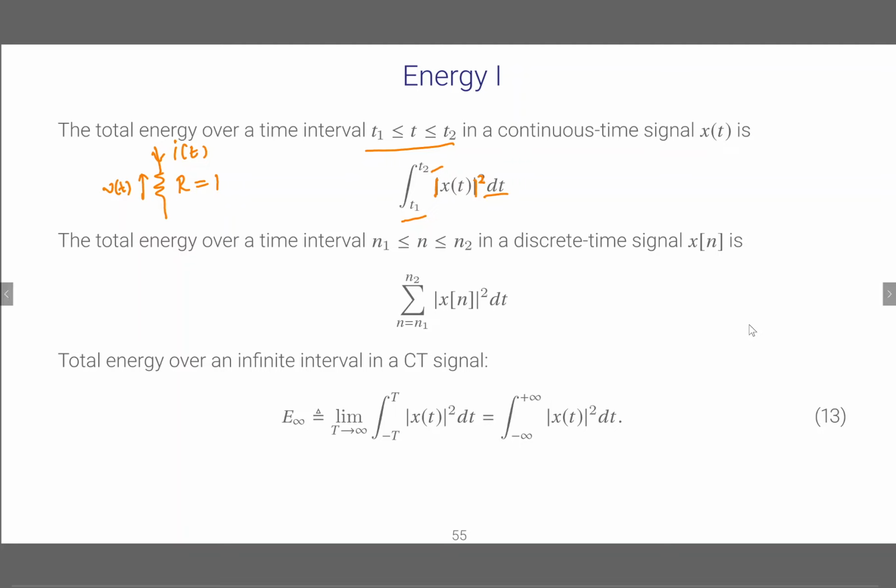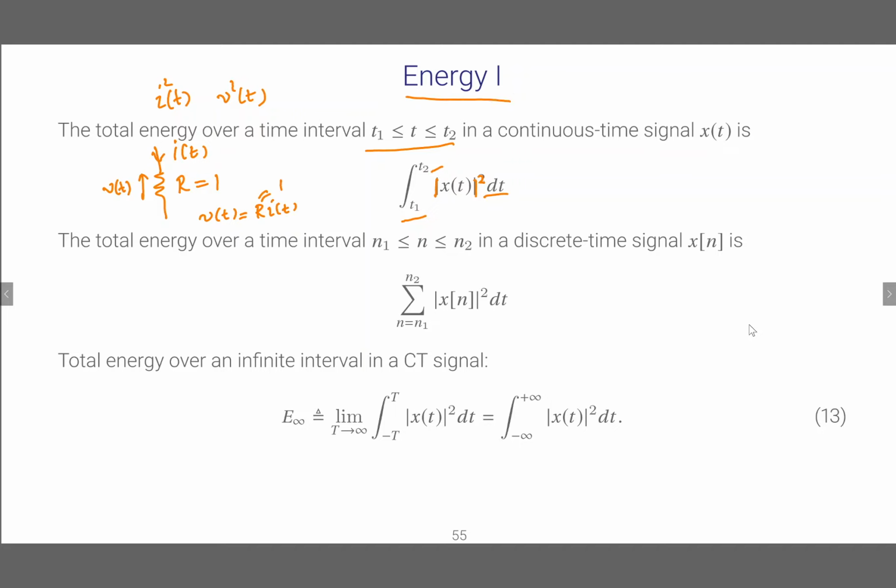So v(t) equals R times i(t), and R is equal to 1. So if you forget about the units, and in signals and systems you don't consider the units, v(t) and i(t) are equal. So therefore the instantaneous quantity i squared(t) or v squared(t) represents